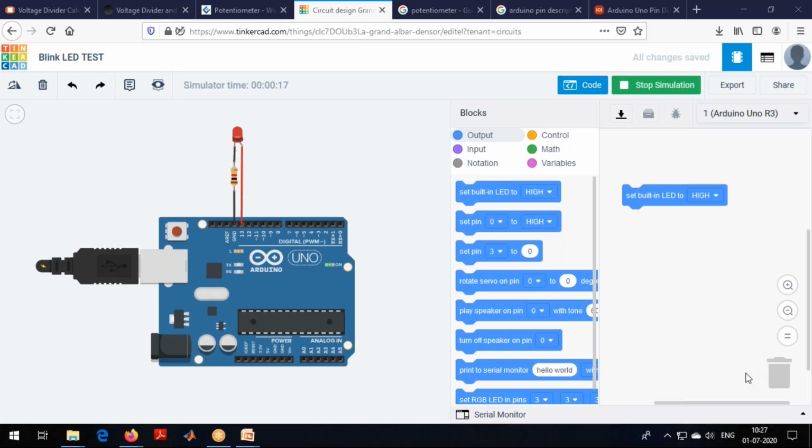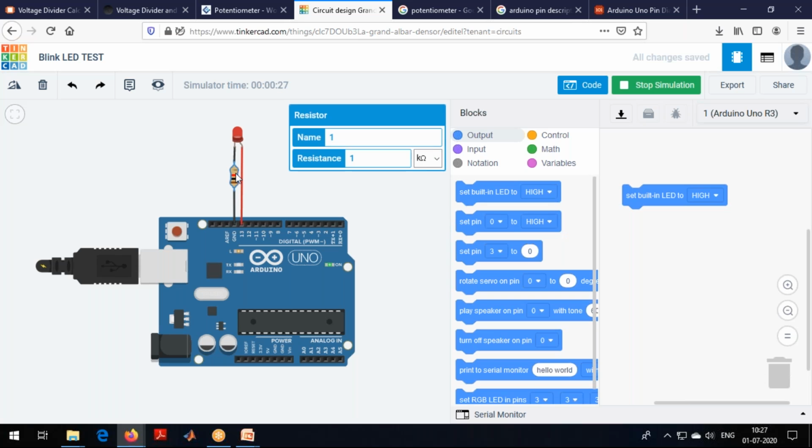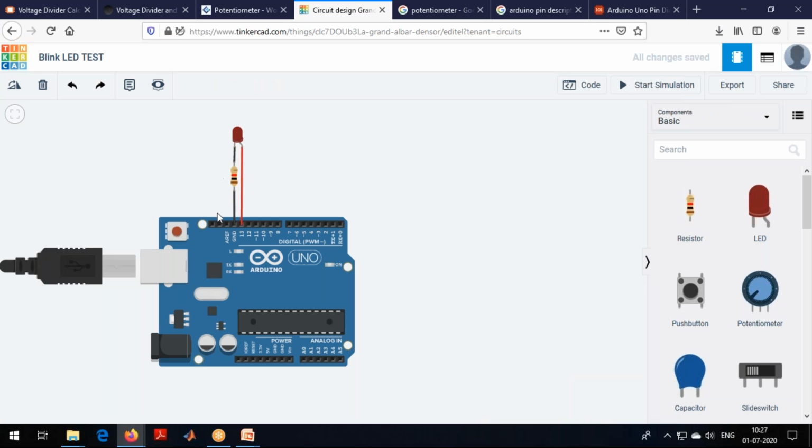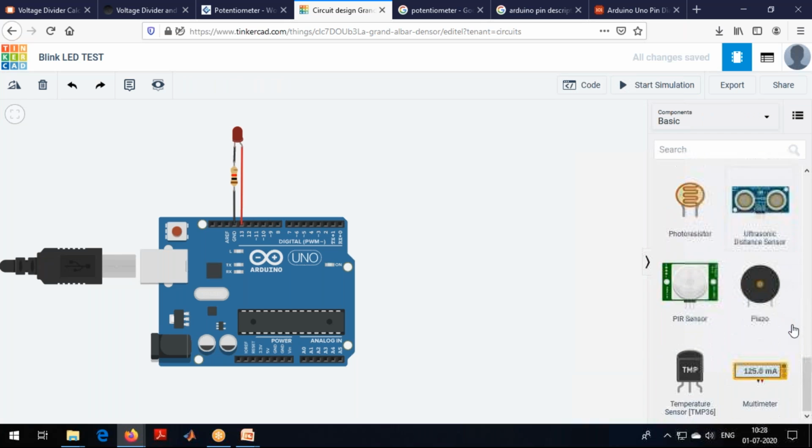Can you see the LED glowing? Basically, it's not glowing with complete potential, because we are giving the resistance value as 1 kilo ohm. What we will do is check the voltage available across these two pins, and then consider what corresponding resistance we need to use.